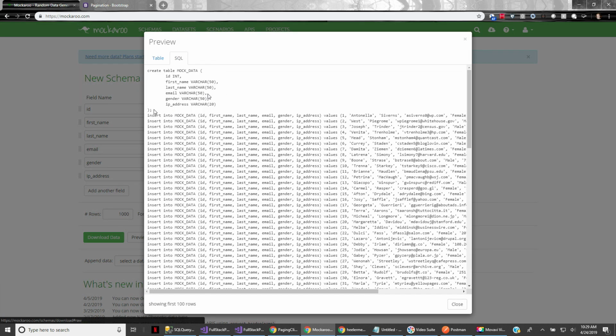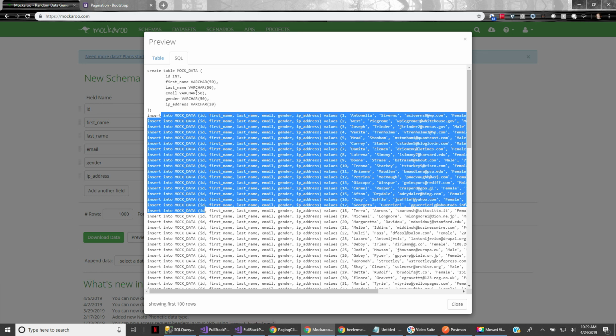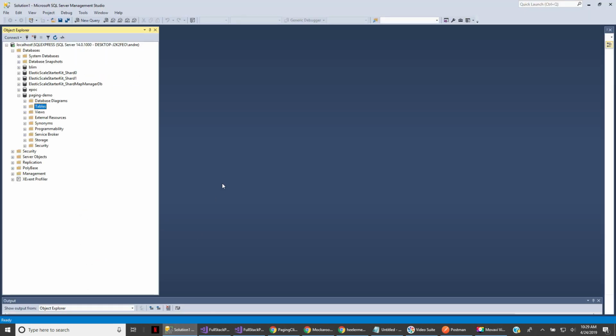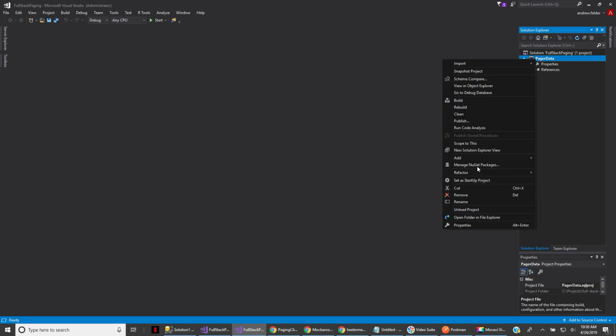So I'll basically take the create table SQL code and all these insert statements and put them into the database project. And just to show you, in SQL Server, I have created a sample database called Paging Demo, and we're going to go ahead and use the database project to scaffold up the data and publish it into this database. All right, so I'm going to come back over into my database project, and I'm going to add a new